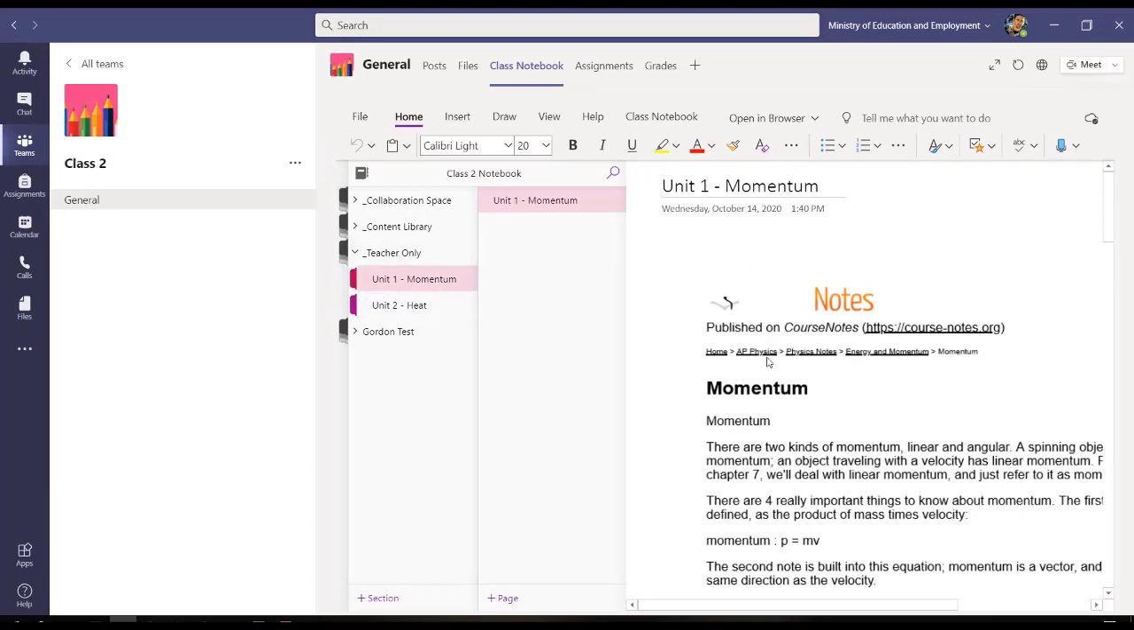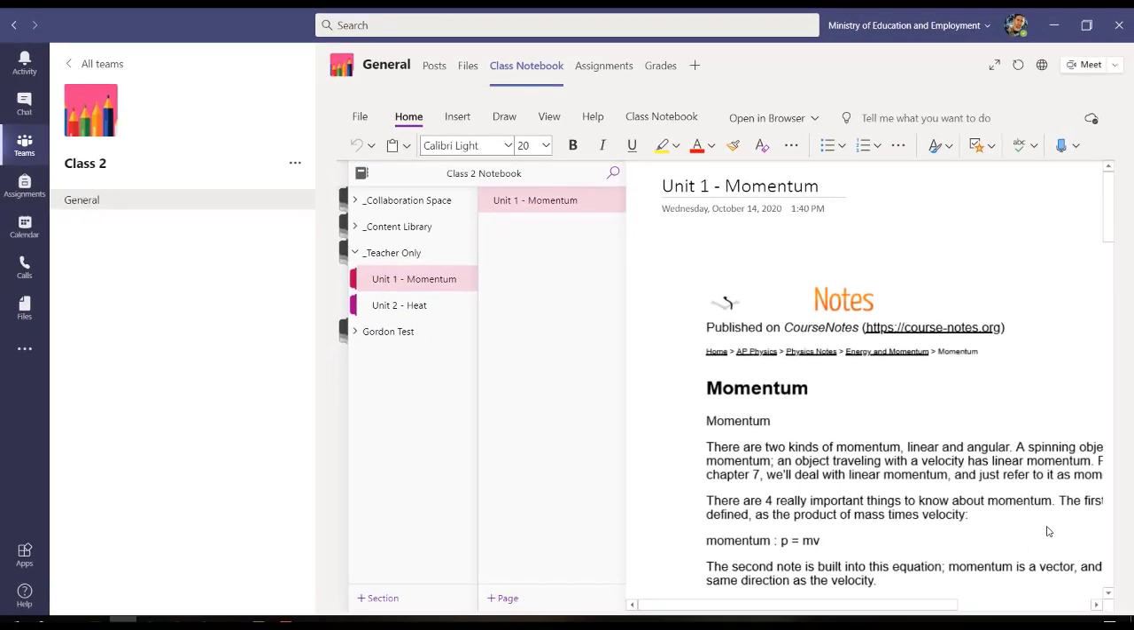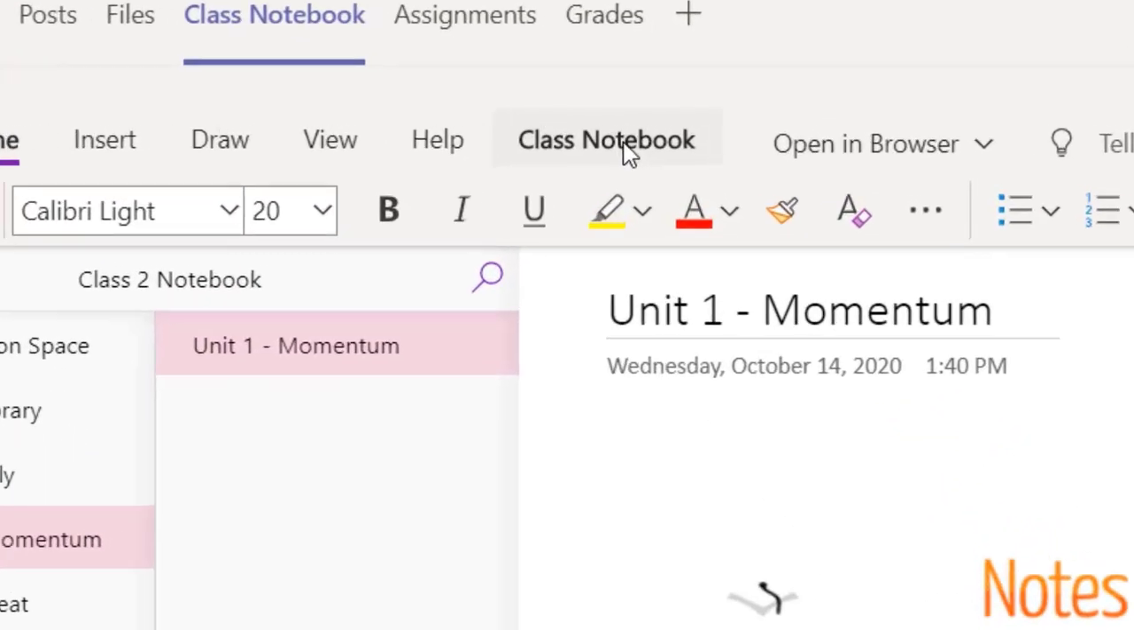Once I have uploaded the notes in the section I need, for example, I uploaded them in the teachers only section. Remember that anything you upload in the teachers only section, you will have access to, but the students won't. So I uploaded the notes in the teachers only section, and I want to share these notes with my students. What I need to do is go on class notebook,